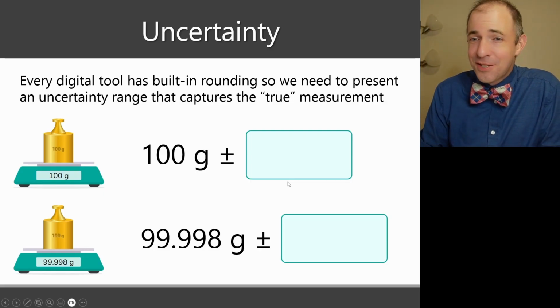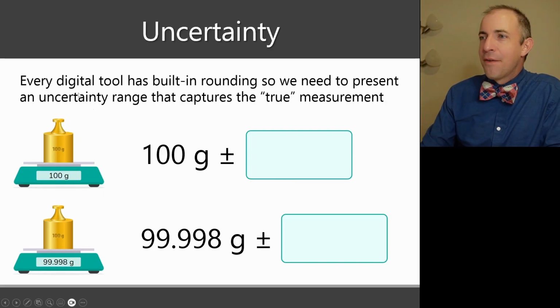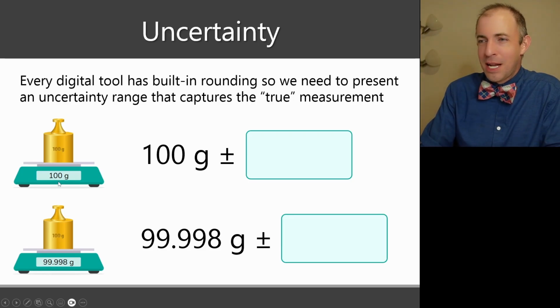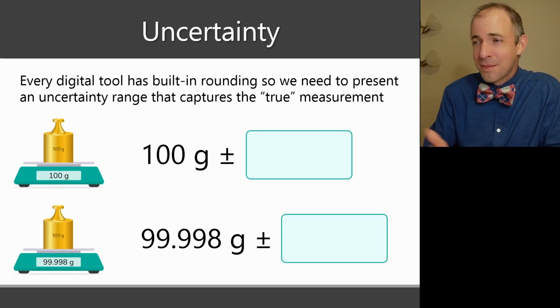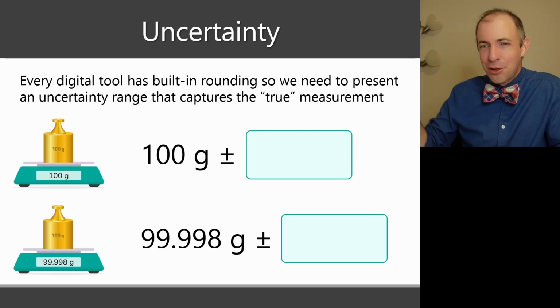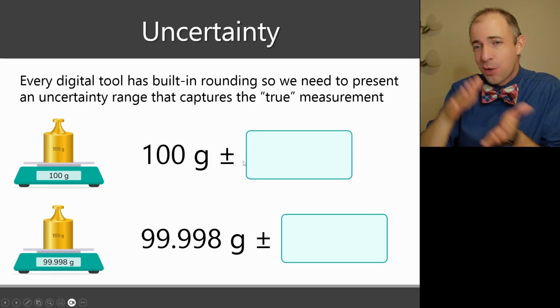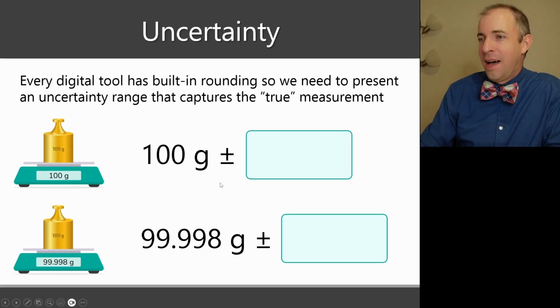Now, when we talk about uncertainty, this is our way of quantifying the precision. So every digital tool has some built-in rounding. If some electronic balance says 100 grams, that doesn't mean that it's exactly 100 grams. That would have rounded 99.6 up to 100. It would have rounded 100.4 down to 100. So we need some plus or minus value to give us a range that we are confident contains the actual